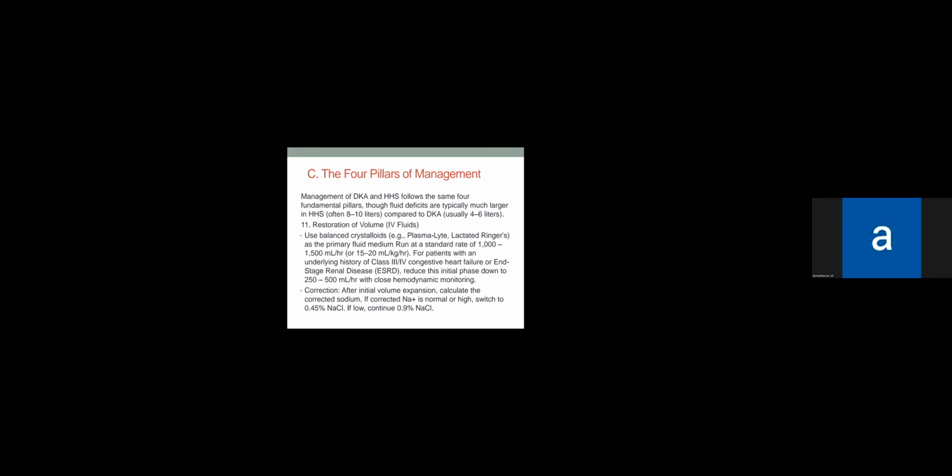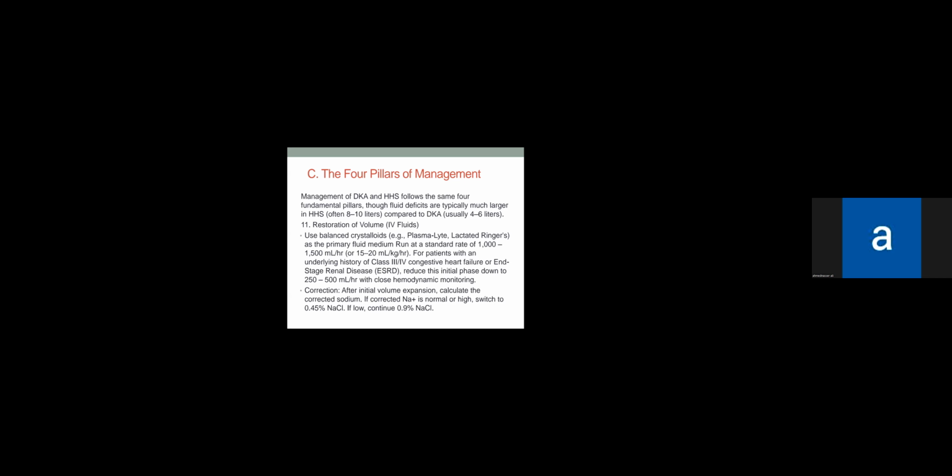We have 4 important steps in management of hyperglycemic crisis. Almost the same. HHS and DKA almost follow the same protocol for treatment with some adjustment. First, fluid resuscitation and the intravascular volume titration. Resuscitation must proceed along systemic phase-driven endpoint to optimize intravascular volume while guarding against tissue edema. We will divide this part into 3 phases.